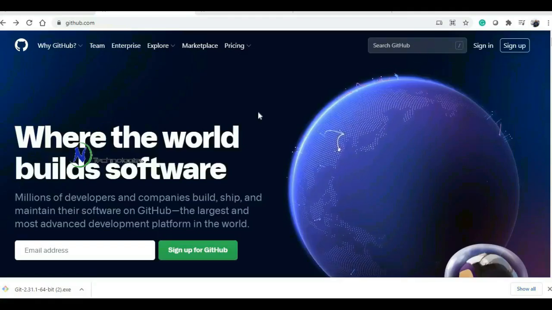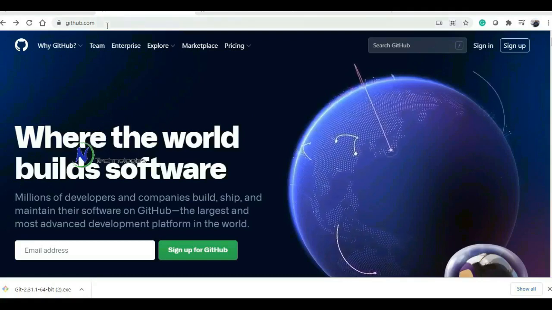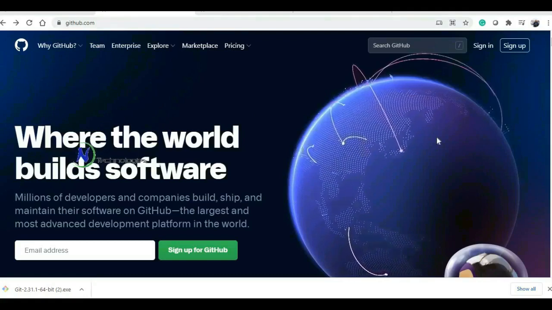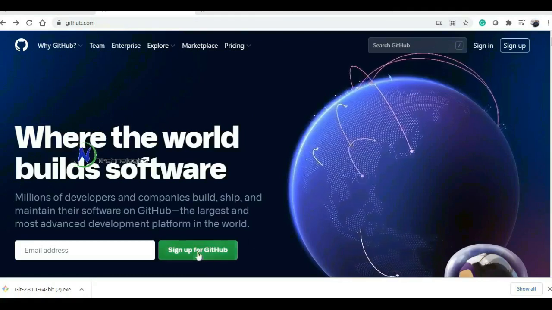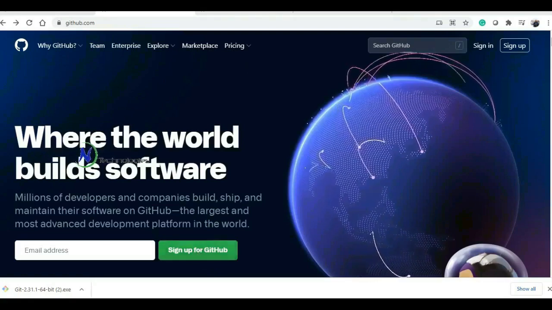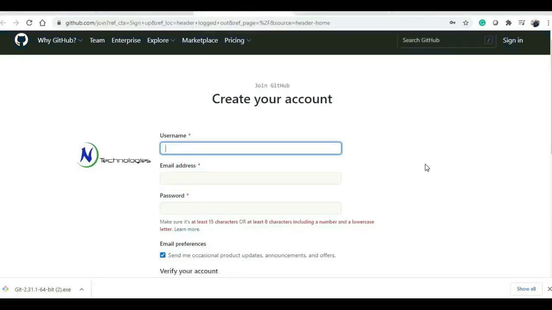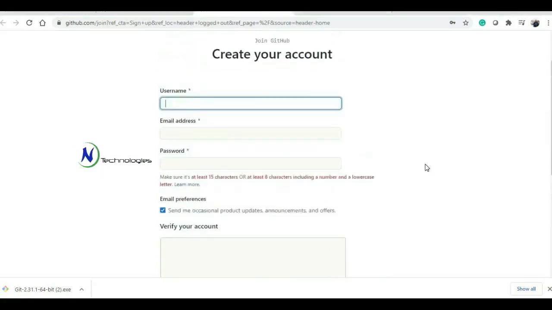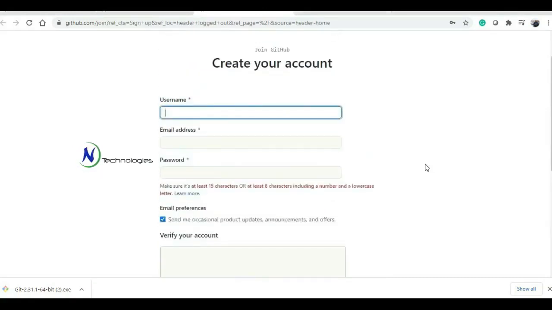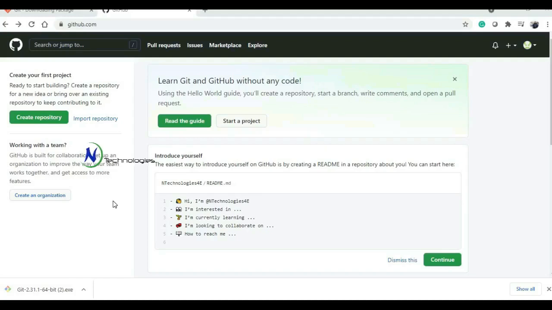After installation of Git, we need to create a repo in github.com. So move to the github.com site, click on sign up for GitHub, and fill in the basic information. Then one verification mail will come to our mail ID. Verify the account. After verification, we can sign into our account and create a repository.